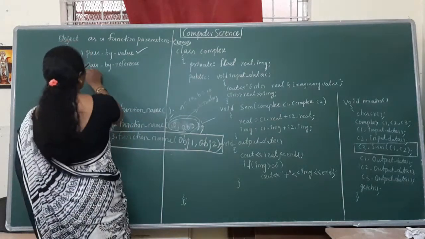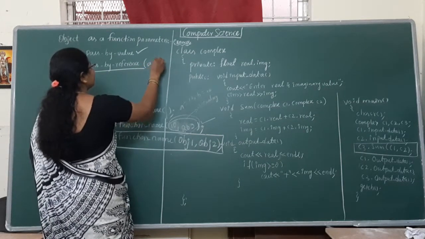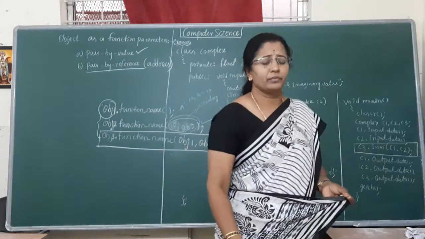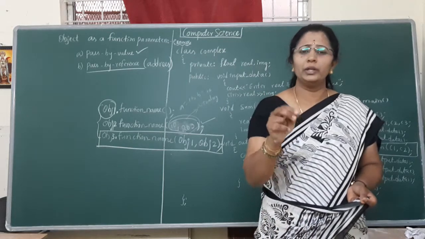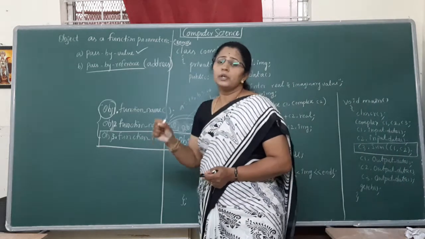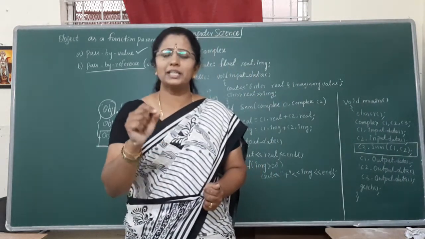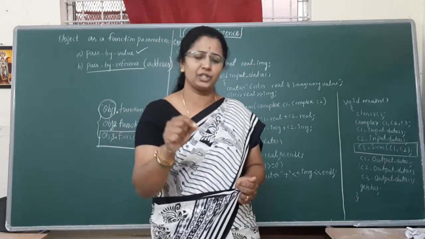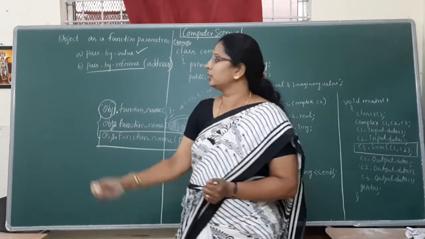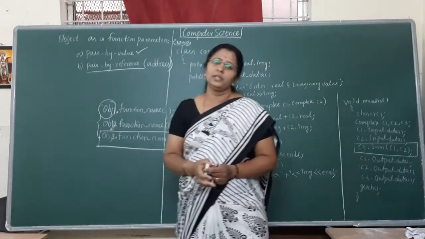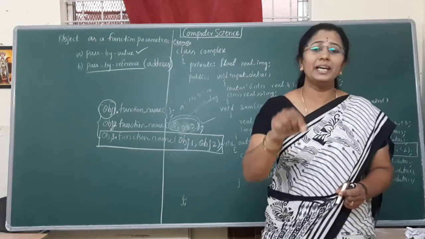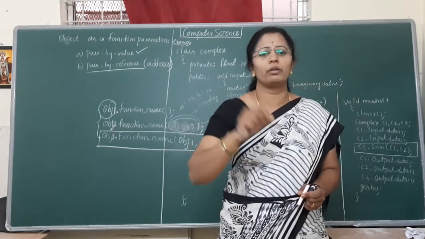Then, call by reference is nothing but address. Instead of sending the value, we are sending the value's address. In call by reference, your formal arguments will never create their own copy of the variable. Instead, they take the value directly from the actual argument through the address which is given. The changes made in the program to the formal arguments will directly affect the actual argument.